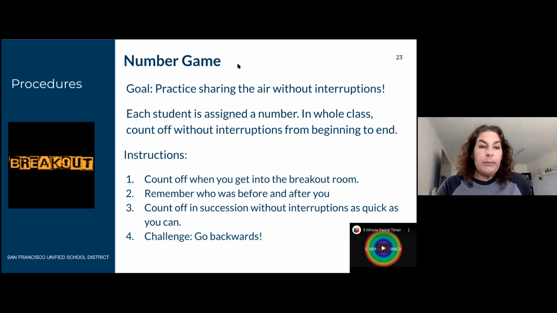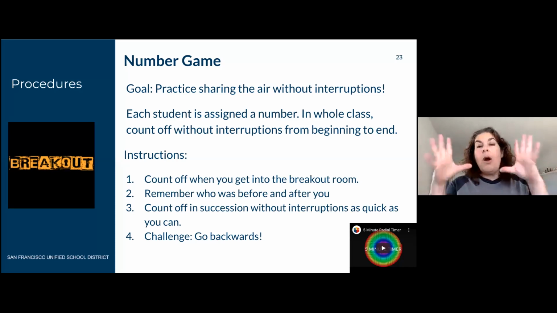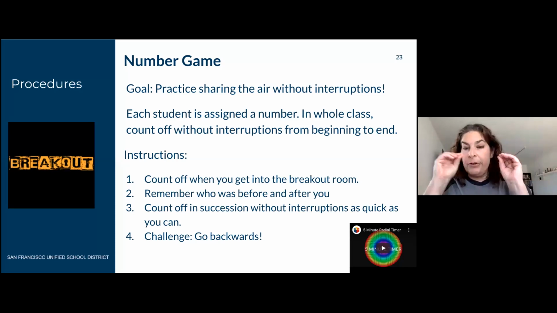So I'm going to put you into your breakout rooms. When you get into your breakout room, I want you to call out your name and say your number. And once you have that number, then go through everybody. There's going to be about 6 or 7 in each room.